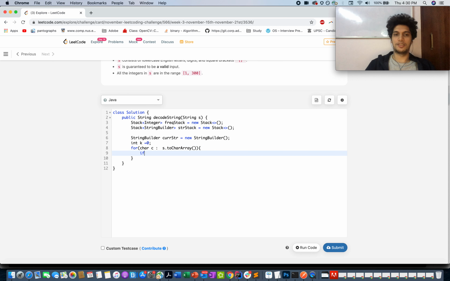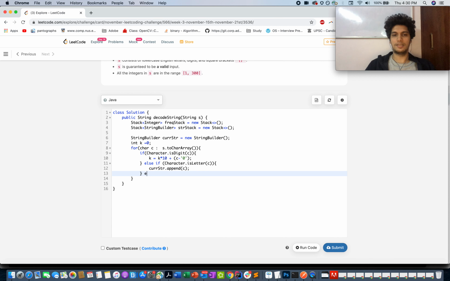In our first case, the simplest case, if Character.isDigit(c), if it's a digit, then you're going to build k equals k times 10 plus c minus '0'. I think this part is pretty clear. Why are we doing this? Because we want to build k appropriately when k has multiple digits. Else if Character.isLetter(c), so you pass c there again, and if it is the case, then you will append c to the current string, dot append c.